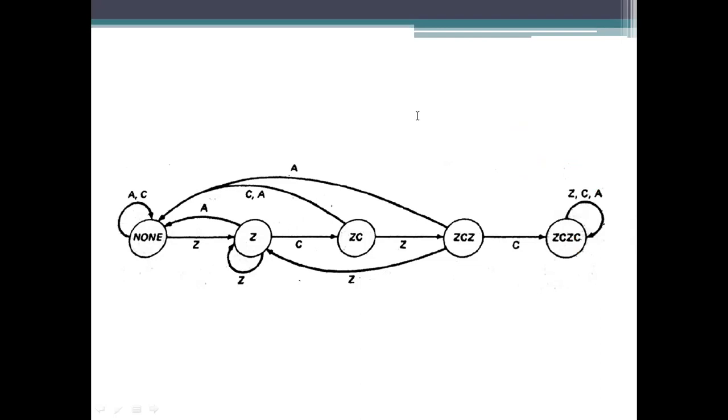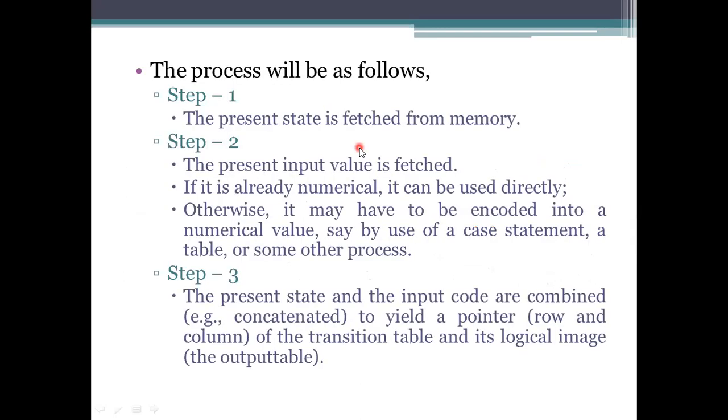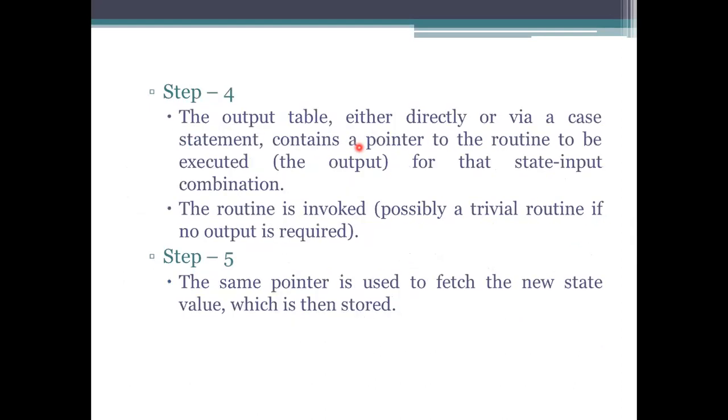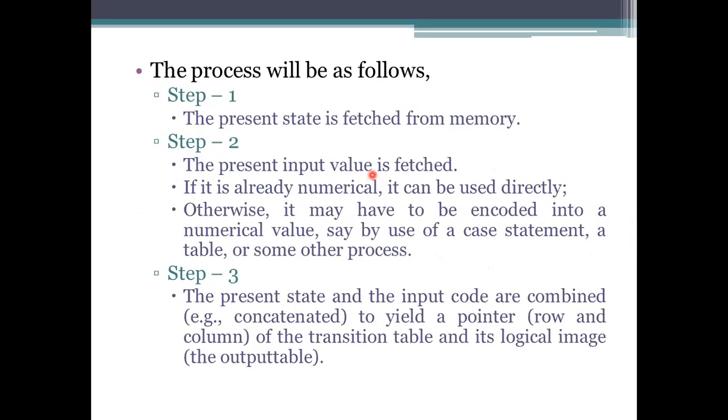And why are we specifying them as input codes here? This is also a step-by-step procedure for how we process an input. First, I start with the present state and take the input value fetched, and we need to process that. If it is okay, we go for none and execute that. The input code has to be specified. This input code will decide the transition. The transition will give you the output value. This output value will allow you to call the output handler.